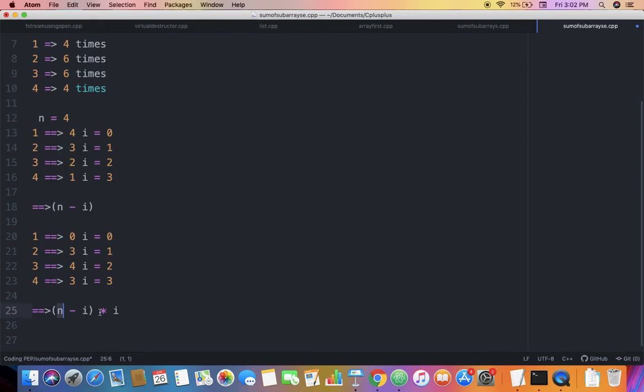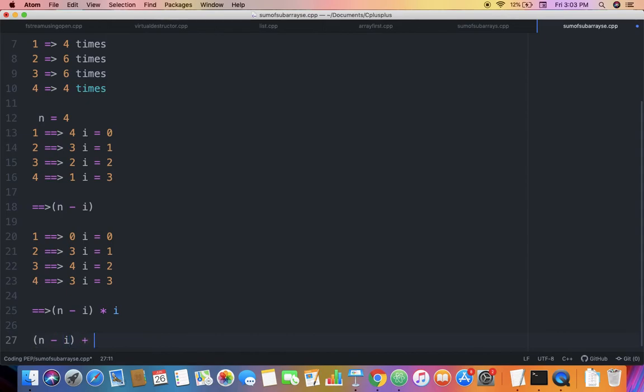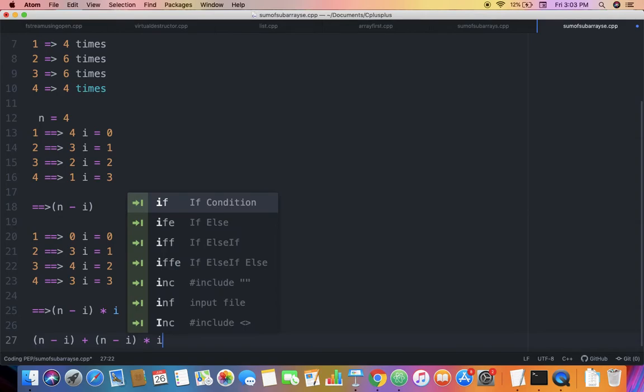So this formula seems to be okay. If I combine both of them like this, n minus i, and do an n minus i,